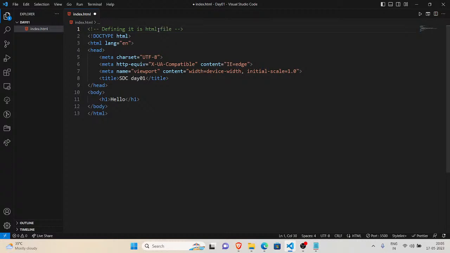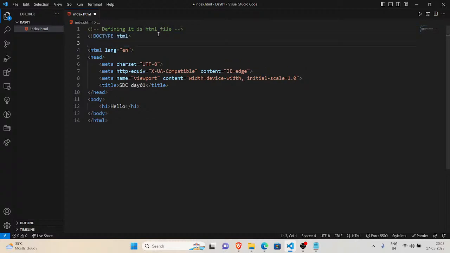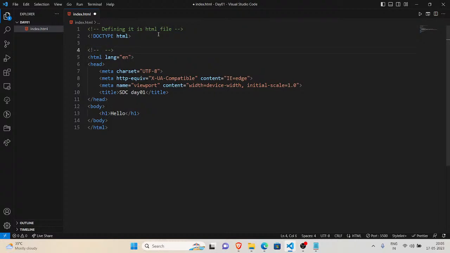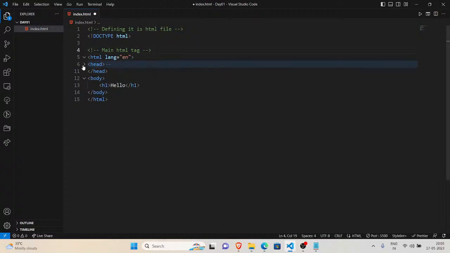Not only the extension, this tag also indicates to the machine that all the content in the file is HTML. It tells the computer to use the HTML decoders to read my content. That's it. And this we call the main HTML tag. Everything we write goes inside this HTML tag.